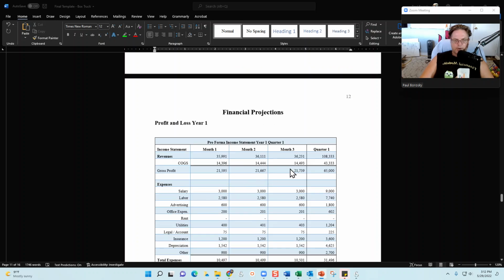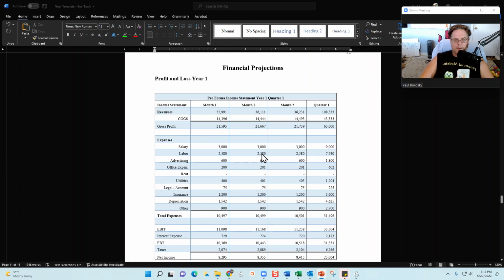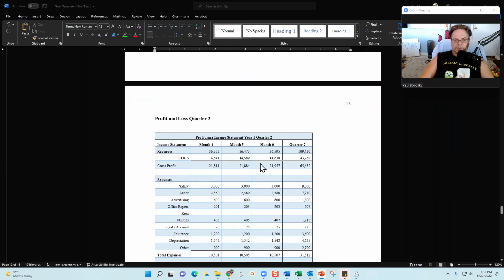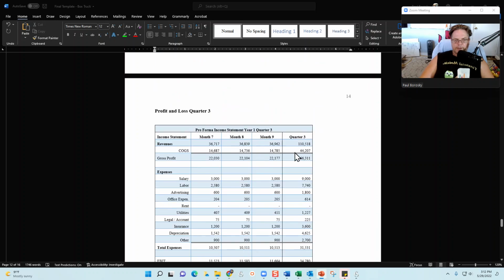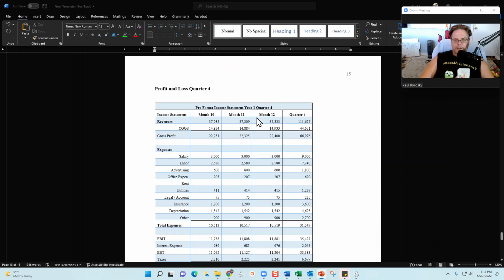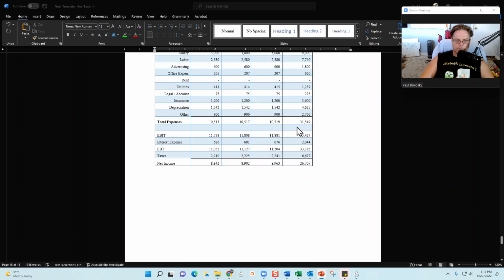Next section is your profit and loss section, and the pro forma profit and loss for the first year or the first 12 months, as well as the next 5 years for your income statement. This information is copied and pasted. You can copy and paste it from the financial model. It's broken into month 1 through month 3, 4 to 6, 7 to 9, and then 10 to 12. So it is monthly broken up, and that's also broken up into quarters.